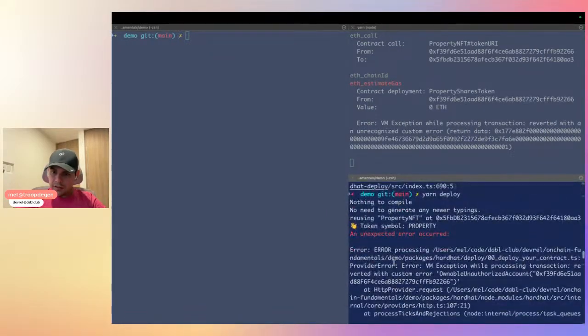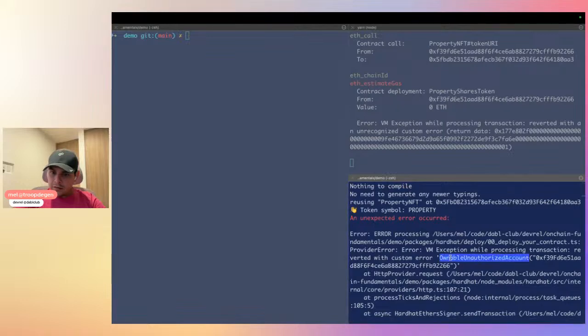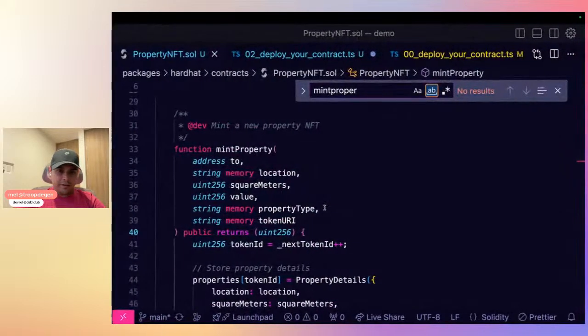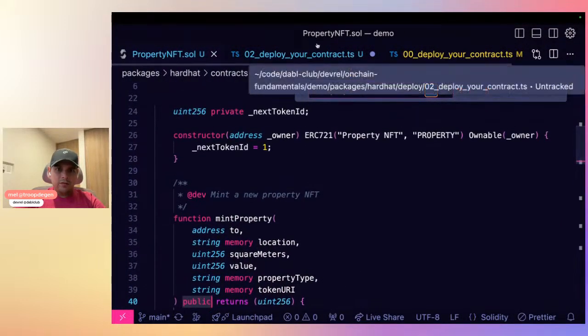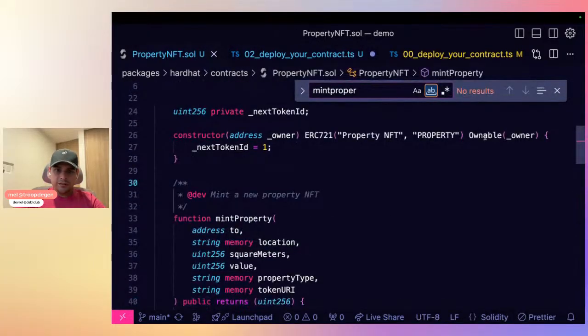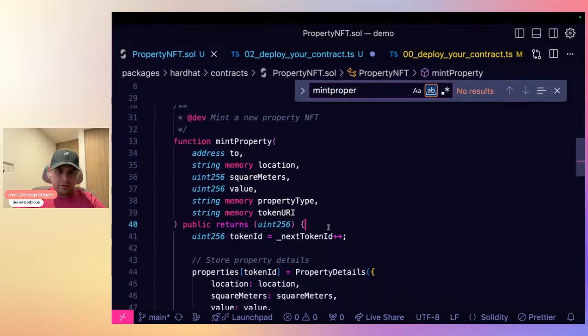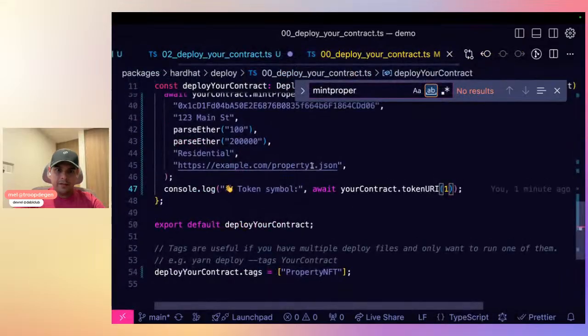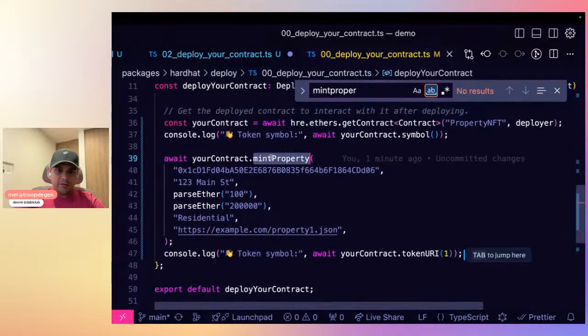Still the same? Yikes. Wait a second. So I removed this. So anyone should be able to mint. And here, when we try to mint,